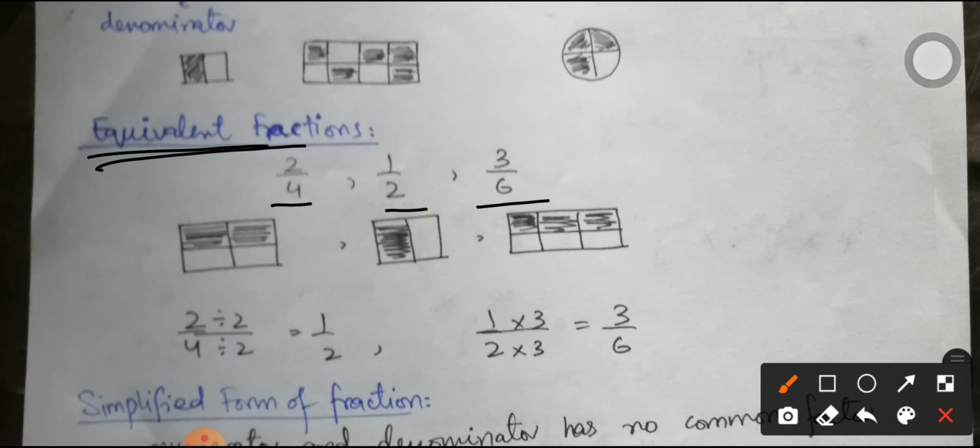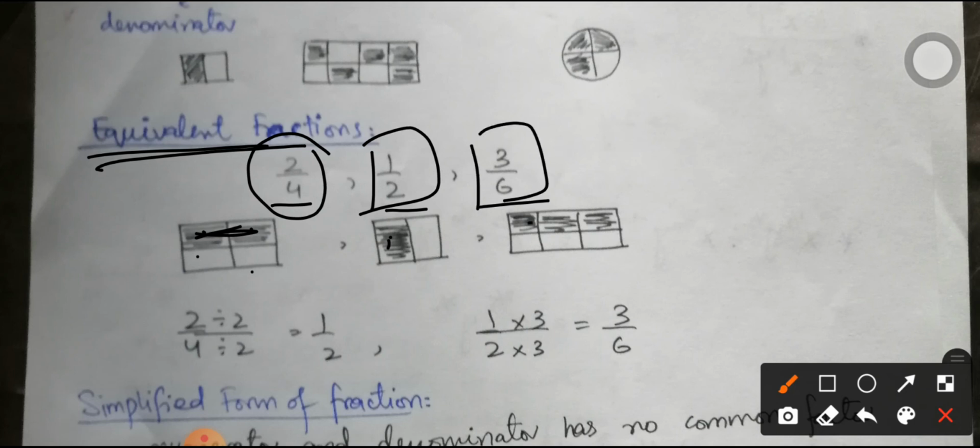Although these are three different fractions, geometrically they represent the same relationship. If we say 2 out of 4, it means a total of 4 parts and we are taking 2 parts of it, so exactly half. Then we have the fraction 1 by 2. It means a total of 2 parts and we are taking one part of it, which is again exactly half of the total. Then 3 by 6 means a total of 6 parts and we are taking 3 parts out of it. Again you can see that we have exactly half of the total. So this is how we can say that these are equivalent fractions that represent the same number or the same relation.